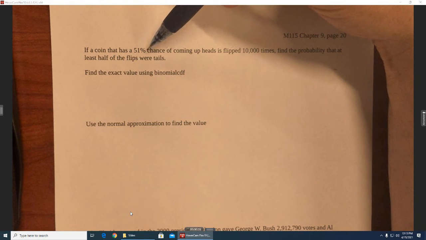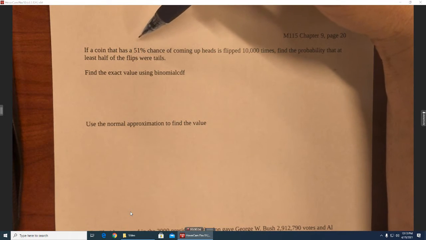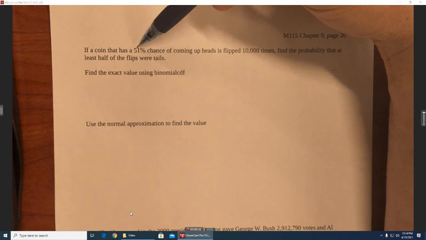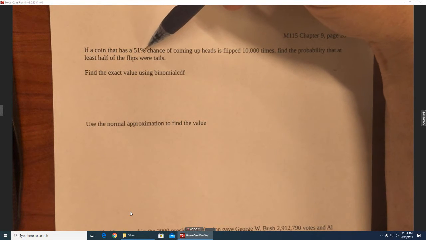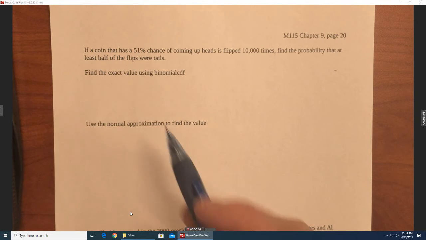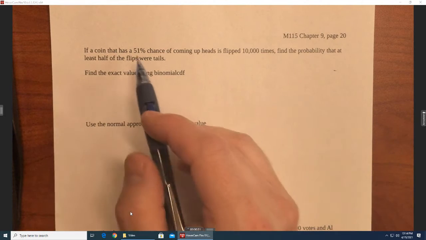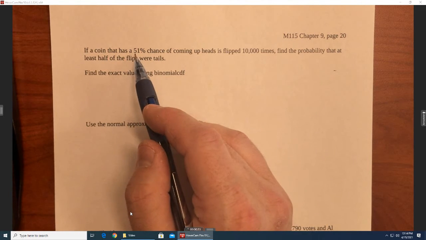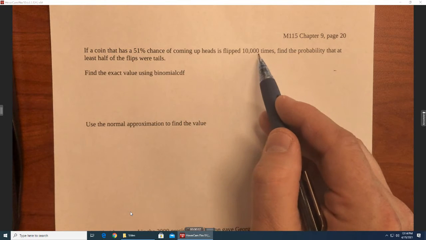When you're talking about a coin, we think of them as being fair, exactly 50% heads, 50% tails. But the writing on one side versus the other side might be heavier. There might be minuscule differences that sway the probability of coming up heads versus tails just enough to modify it. I don't know if 51% might be a bit excessive, but let's say this is really close to being a fair coin. But when we flip it 10,000 times,